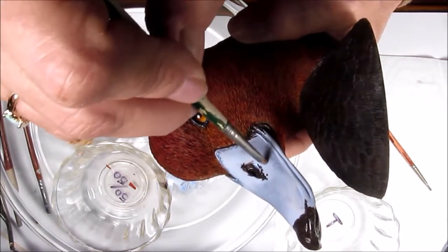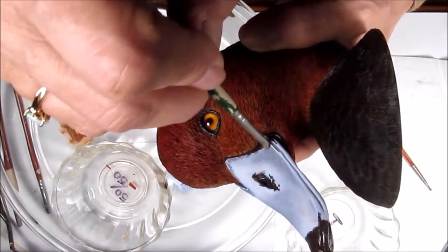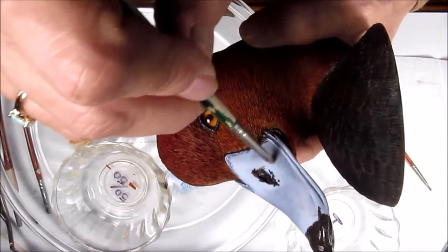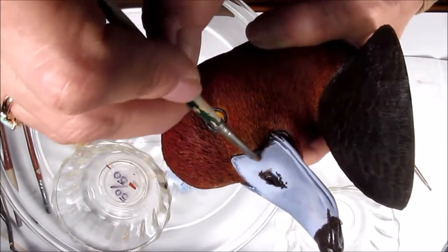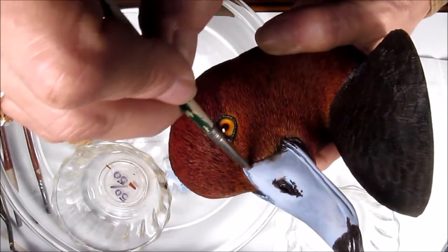That just kind of works that coats that I tapped on, those little taps right into the